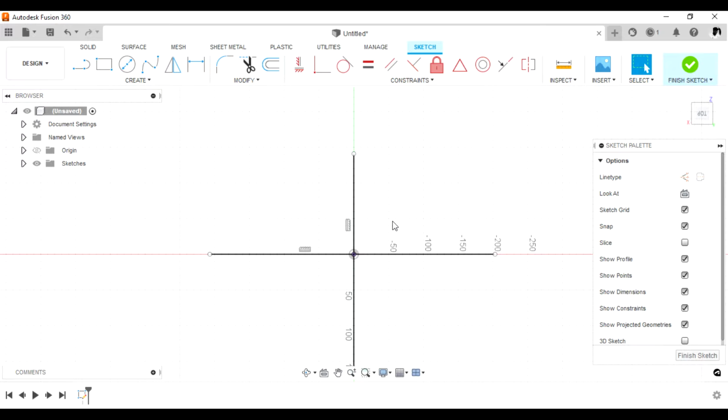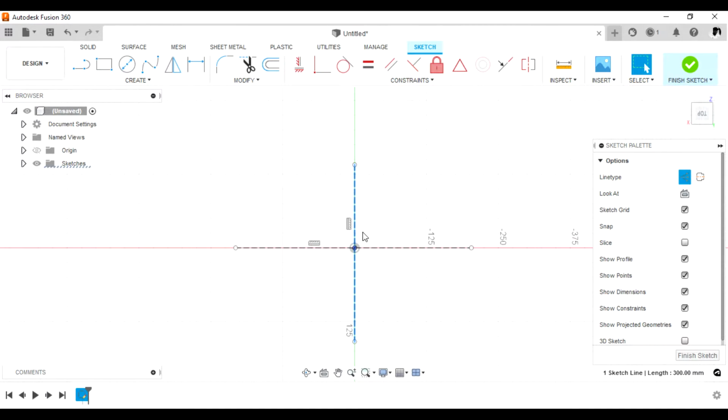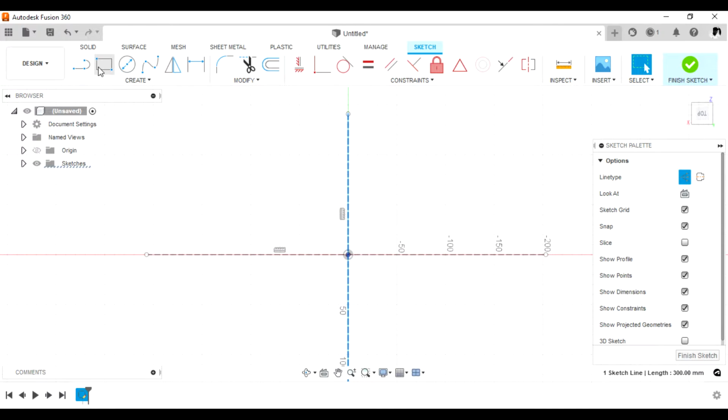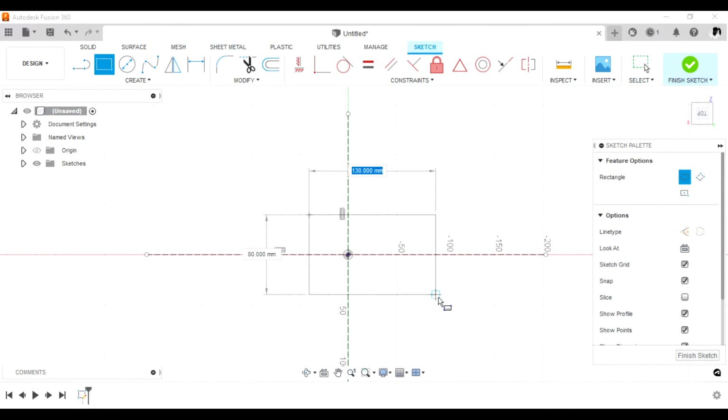We need to convert this one to be a construction line by selecting the line. After selecting the line, then you press X on your keyboard. Select this one also and press X on your keyboard. Now you can go ahead and grab this rectangle there,